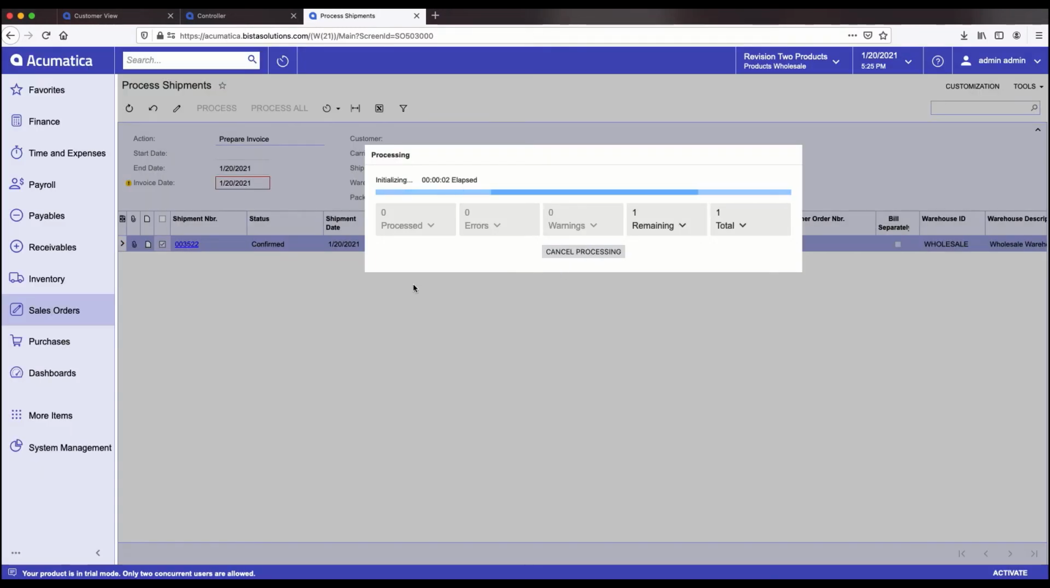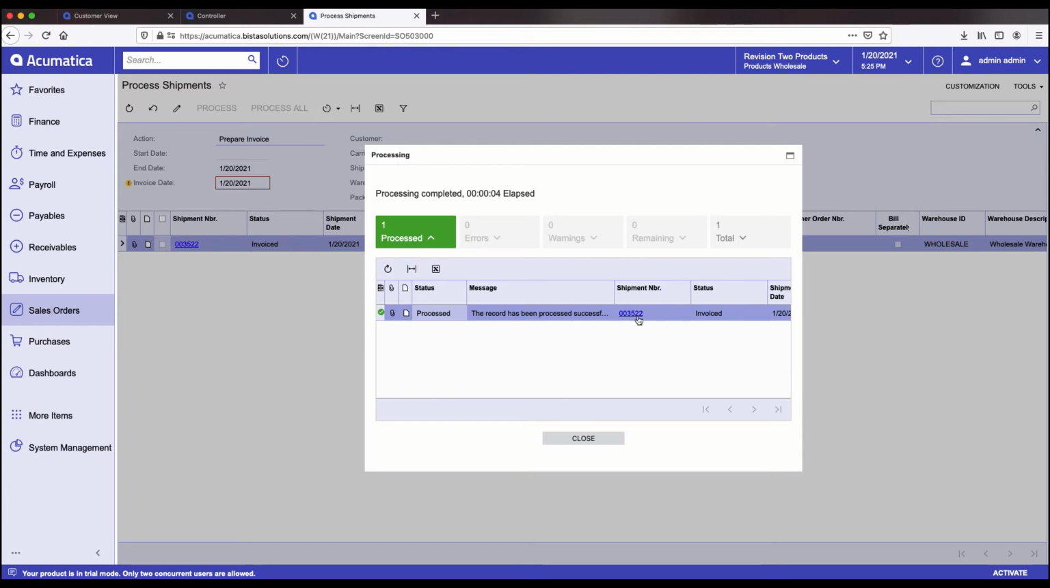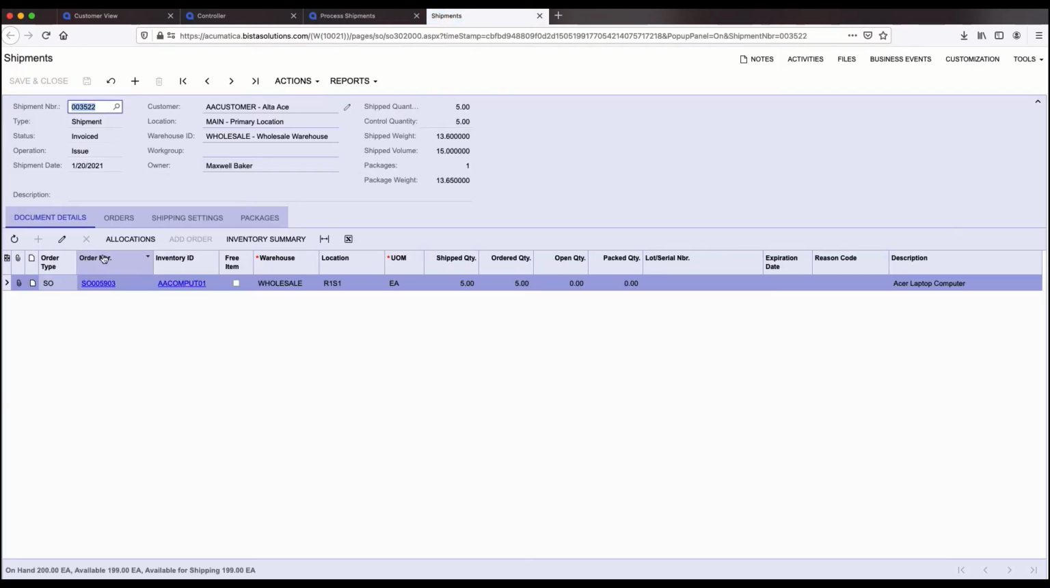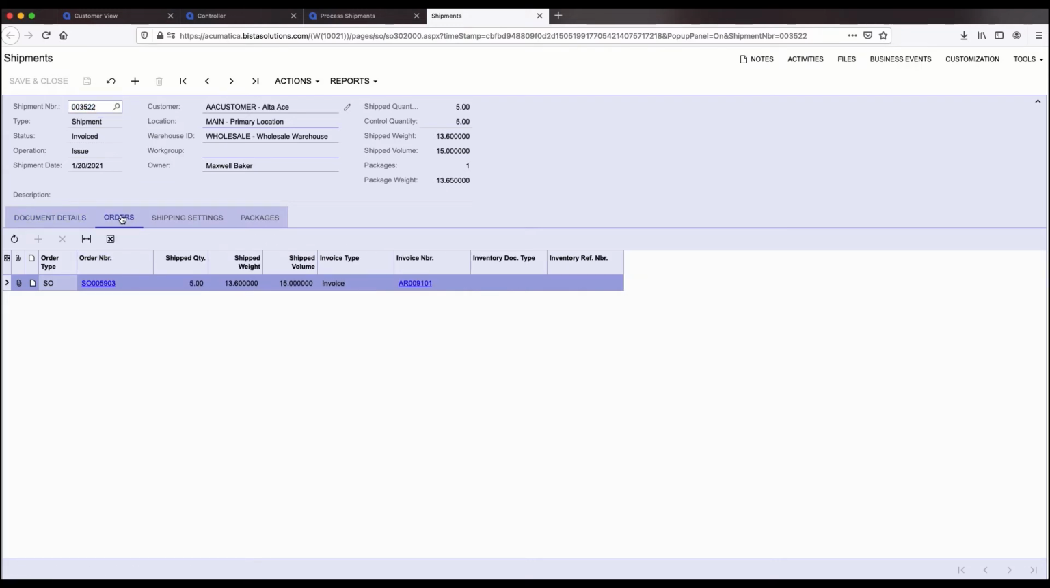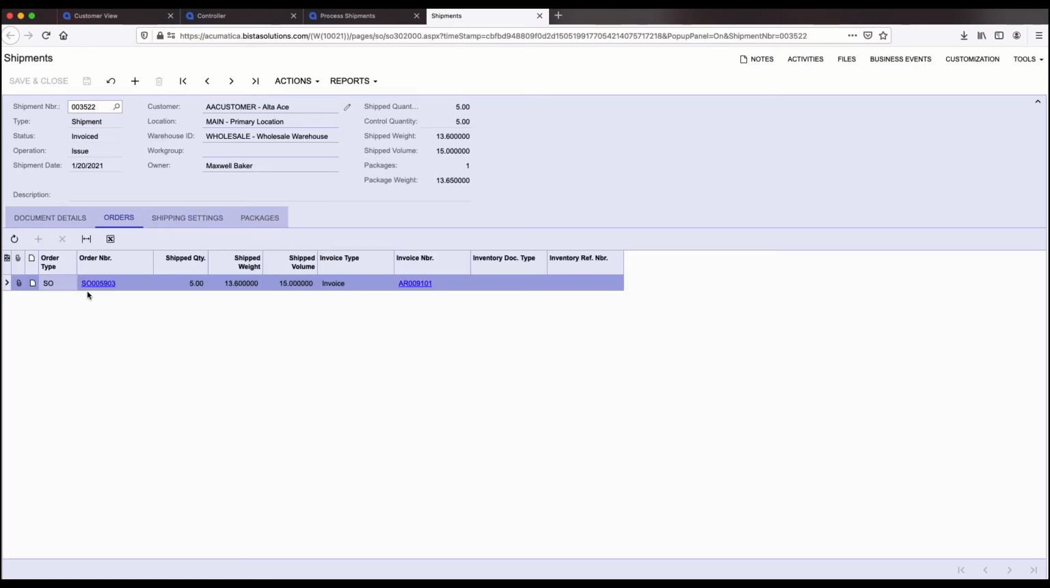So here it's going through the process, and then it has completed the processing. Here I can go into the shipment details. It says that this process has been invoiced, and then look at the order where I go and I can see the invoice. So here if I open the invoice,